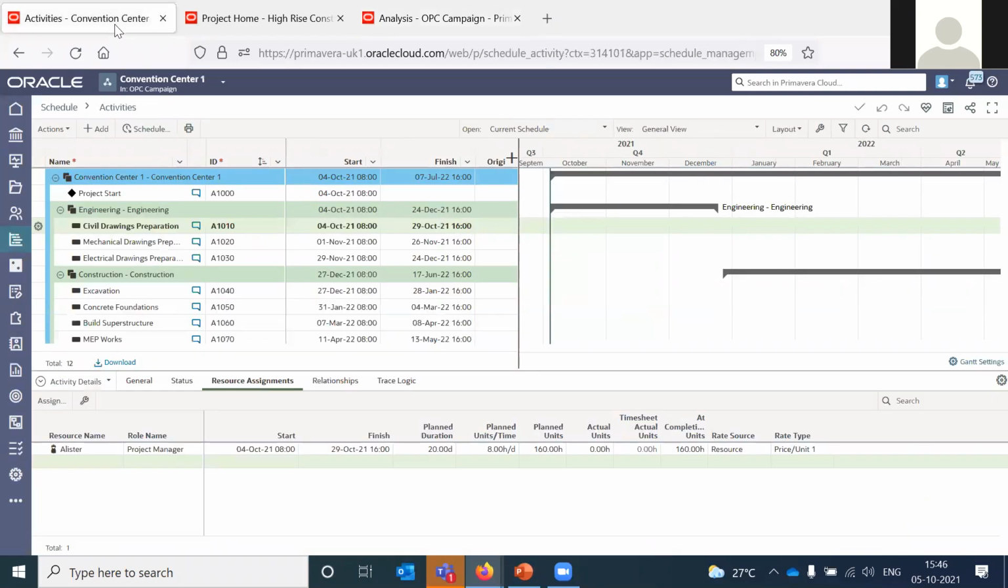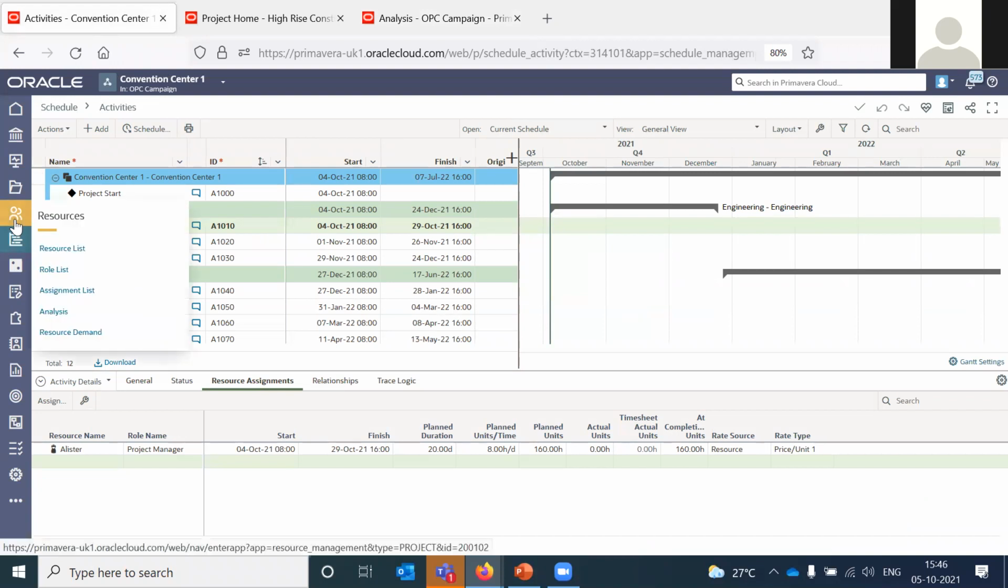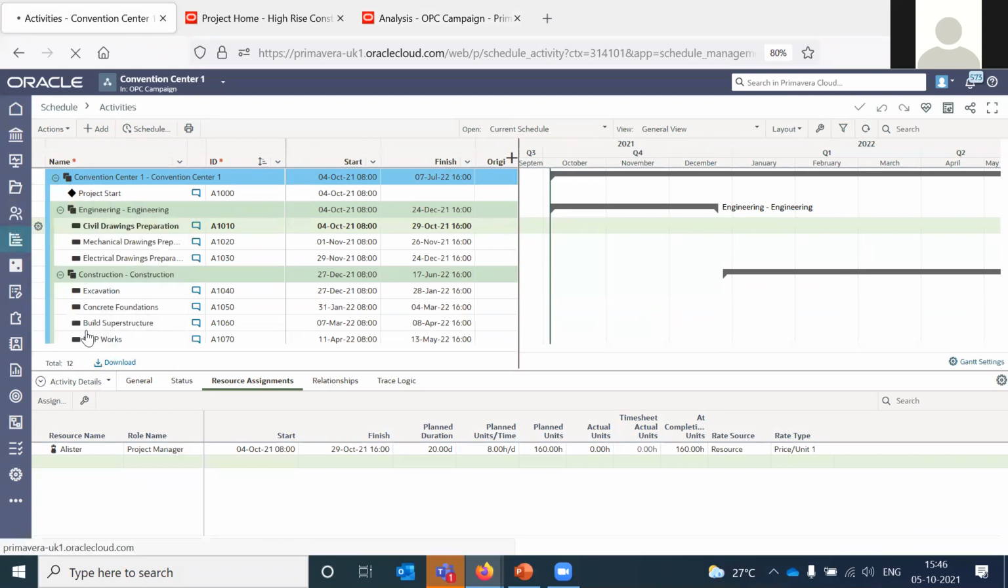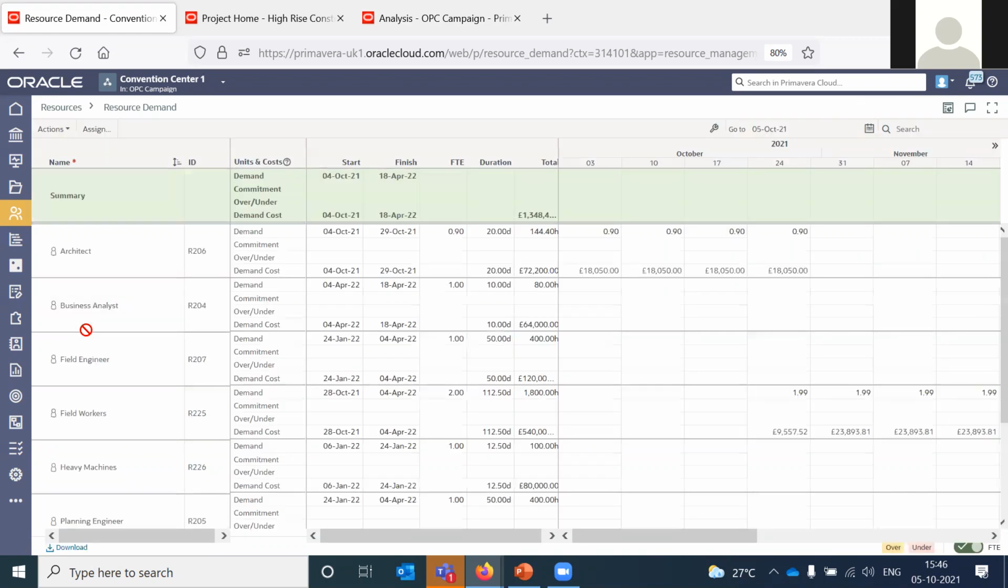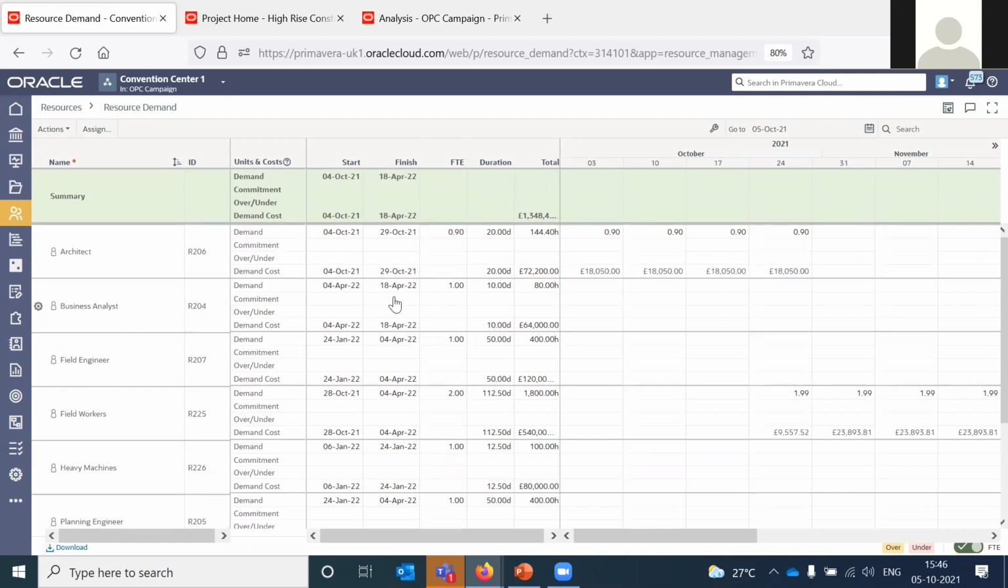So let's go to our project, go to resources, go to resource demand. You can see the resource demand of this project. The good thing about this tool is that if you have a well-defined resource loaded schedule in place, then you can use this option, which is create demand from schedule. Right now, since I loaded a resource loaded schedule, the demand is created